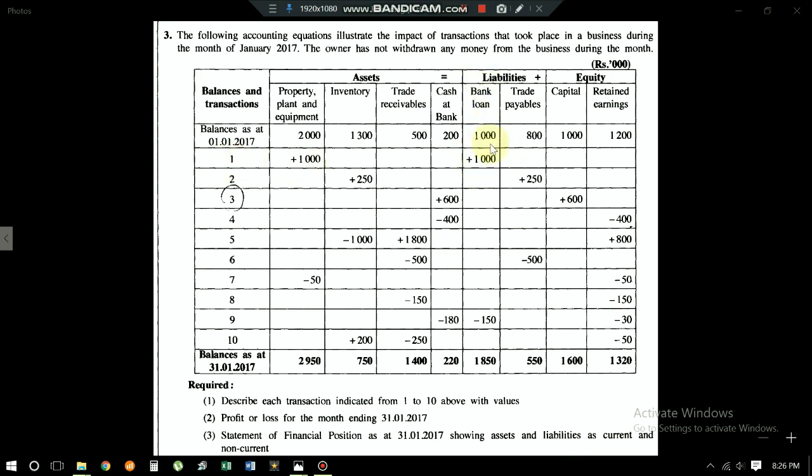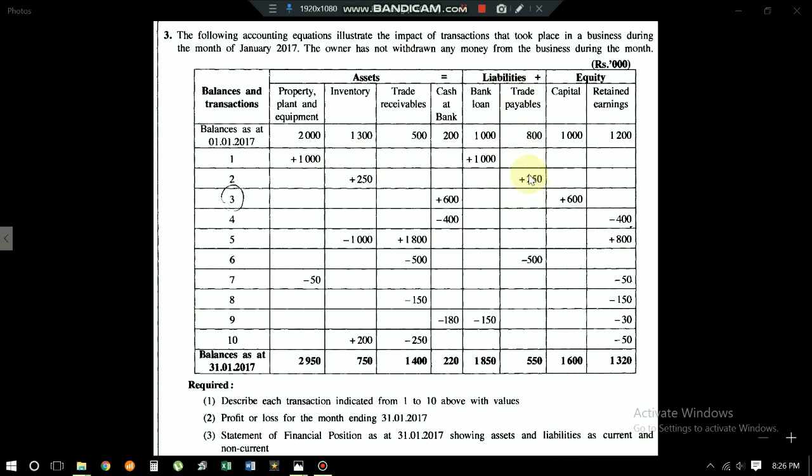In this case, liabilities have gone up by 1000. That means obviously I obtained a loan. With that loan, I purchased property, plant and equipment. So the answer for the first one is: purchased property, plant and equipment worth 1000, or 1 million, on a bank loan. Number 2,